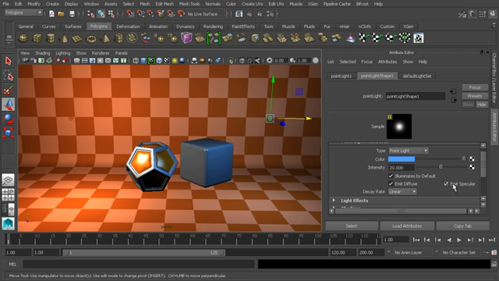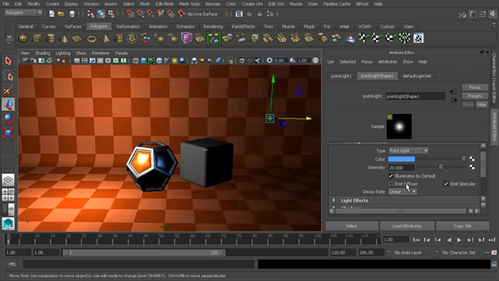So let's say now we want maybe this diffuse illumination to not be present. So with this blue light we can turn off diffuse, and now we no longer have any light that's coming from this light source, as you can see here, but we do still have a specular highlight. So we can come in here and still kind of place a highlight wherever we want. This can be good, you know, if you have maybe your illumination that looks really, really good, but maybe you need just a little bit of extra highlight or a little bit of extra visual pop in an area. You can drop in a light, disable its diffuse emission, and now you can get a lot of control from